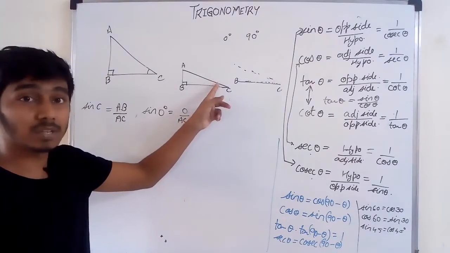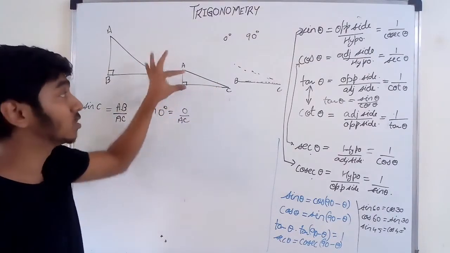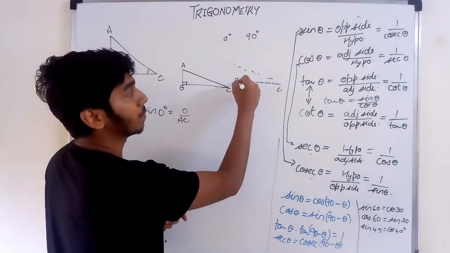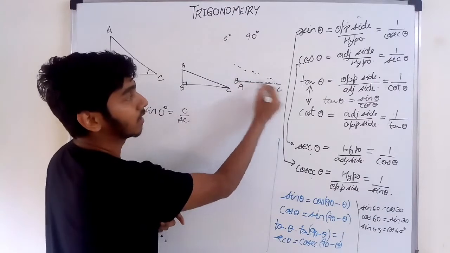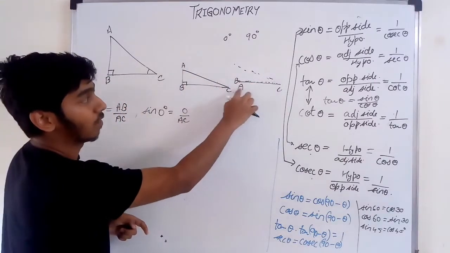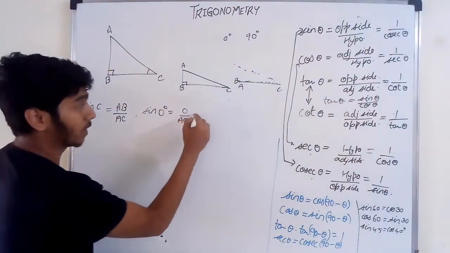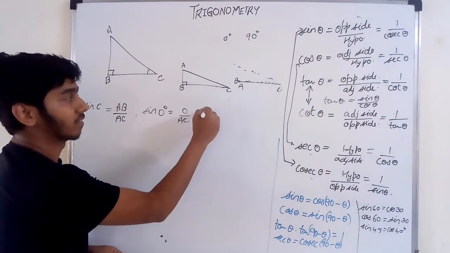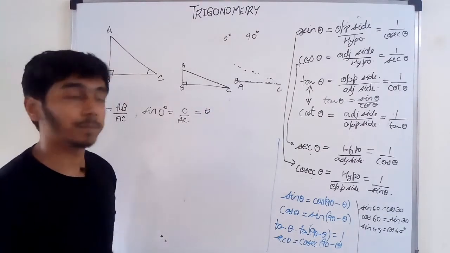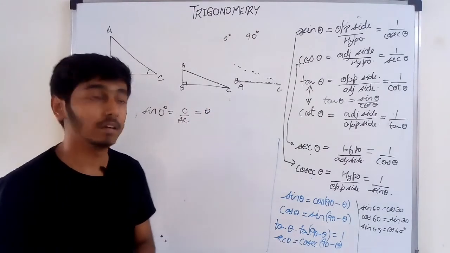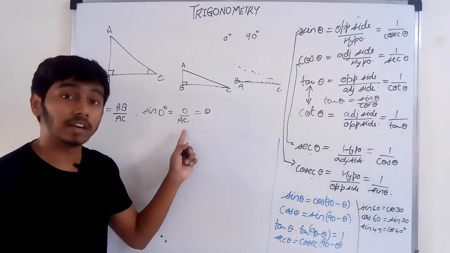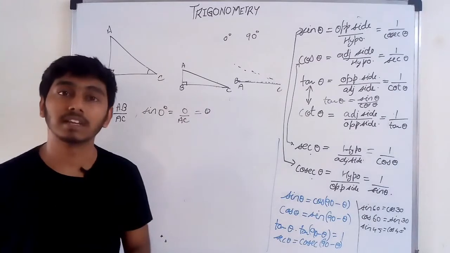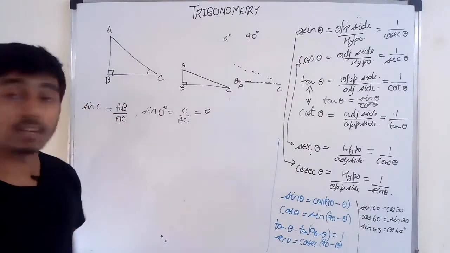Because the angle becomes 0, that means there is no side left here. There is no length actually. This A and B fall on the same point over here. That AC, this length, has fallen on this itself. That's why 0 upon AC, and 0 upon anything is 0 itself. Yes or no? Because any other number cannot divide 0. Therefore, you get sine 0 as 0 itself. I hope you are clear with this.